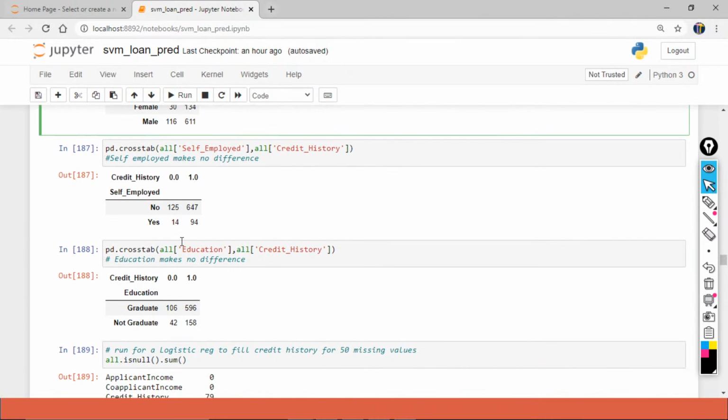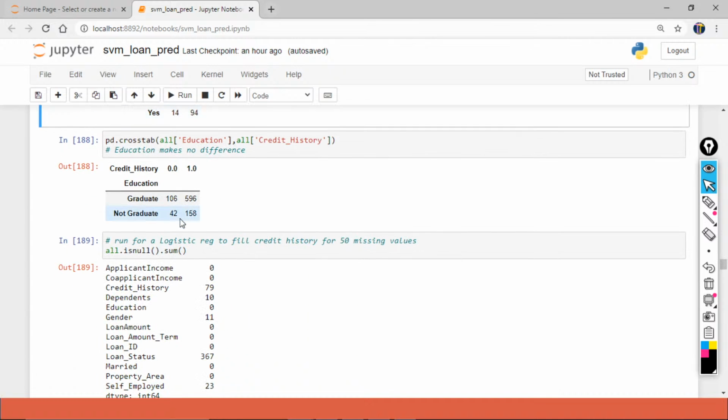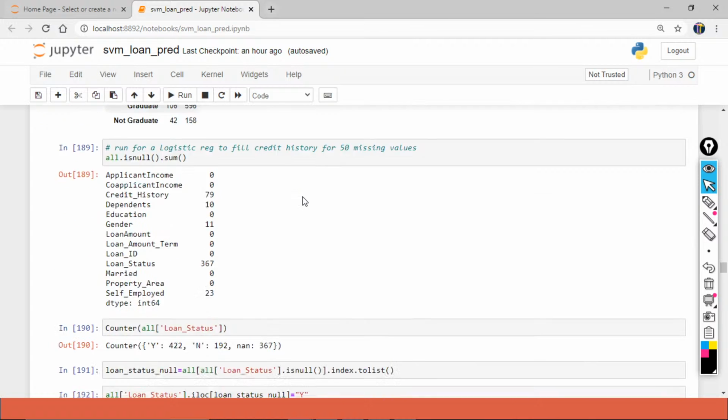Right? Then going forward, self-employed and credit history. So now we are trying to check the relationship between both of them. So here I see that there are 125 people who are not self-employed and who have a horrible credit history. The same applies here. Now in my next step, we would be using,